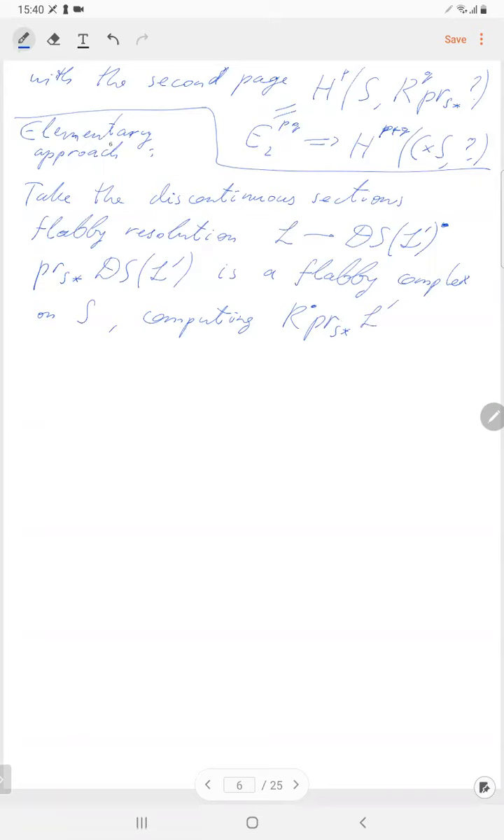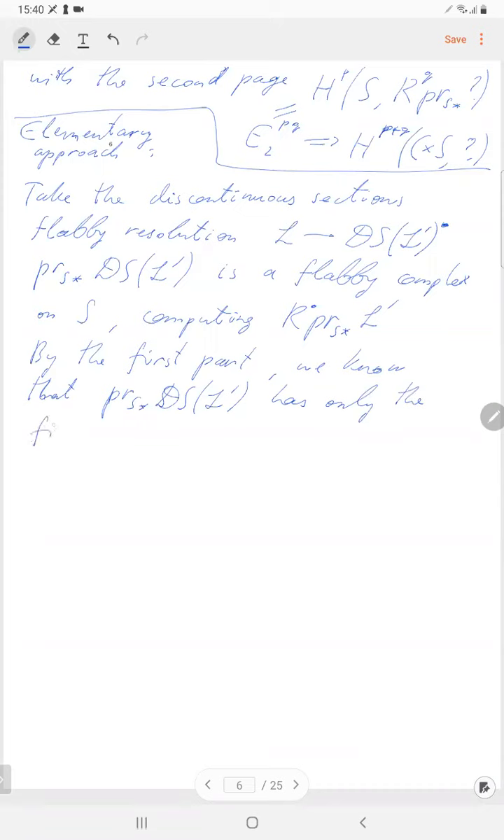Okay, and we know by what we just proved, by the first part that we proved, that this complex of Flabby sheaves, L prime, has only the first cohomology, and this sheaf is torsion. And hence Flabby as well. Okay, and